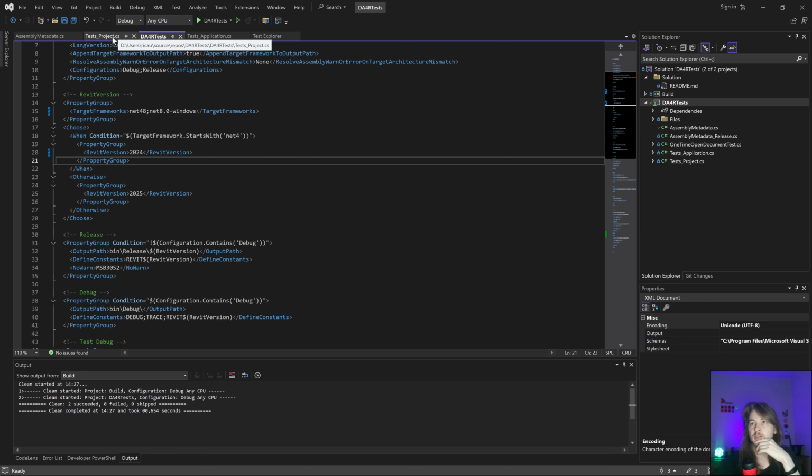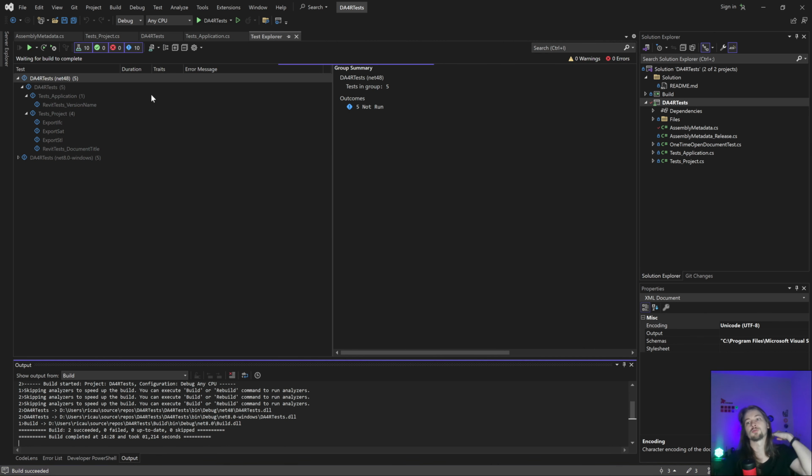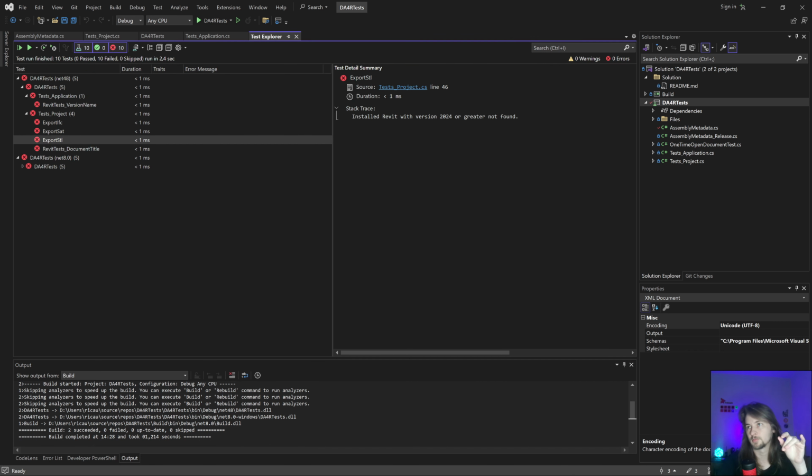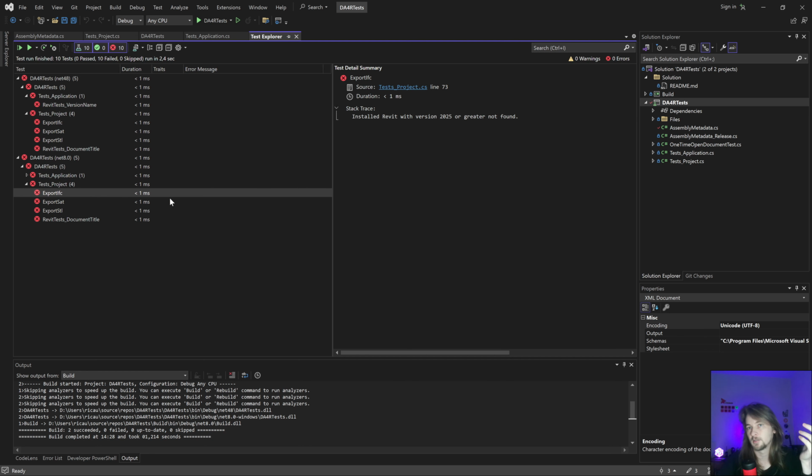I don't have this on my machine, but let's try to run everything just to show. I'm probably gonna get a big message. Yeah, it's already showing some. I don't have version 24 or greater, so it's not running on my machine. So that's one reason.